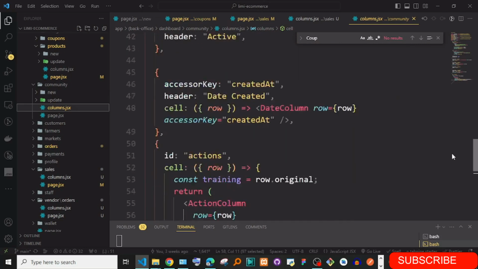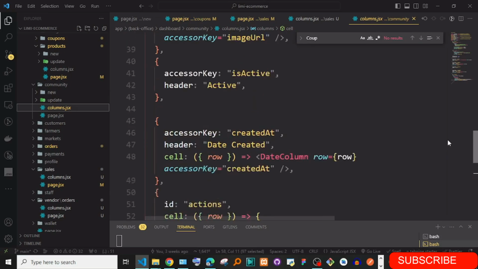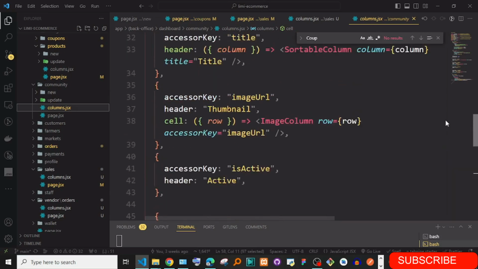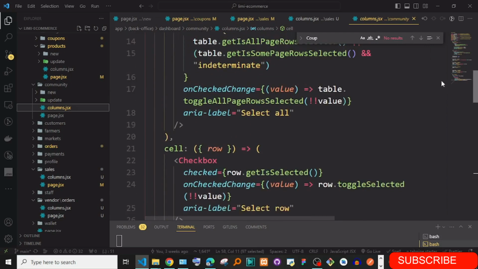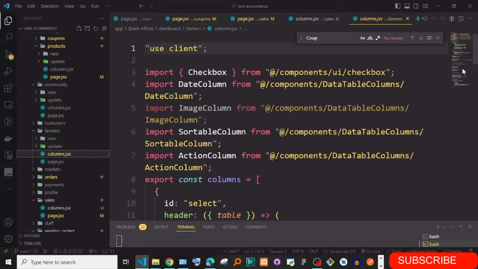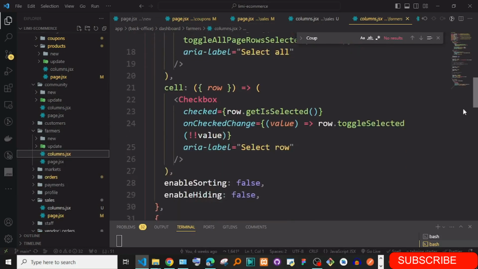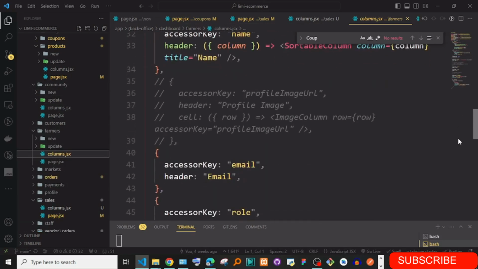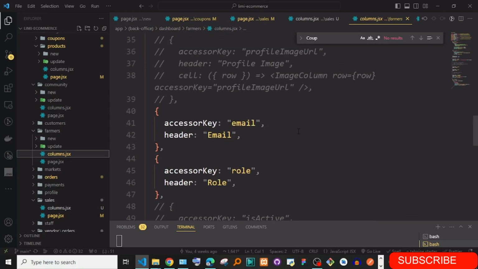Why are we not having, we don't have anywhere like a normal thing. Where do we have emails? I don't know. Farmers, row, just, yeah, so something like this, simple as that. So let's go back to the sales